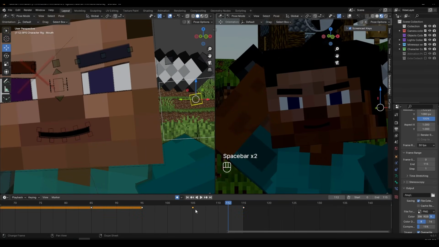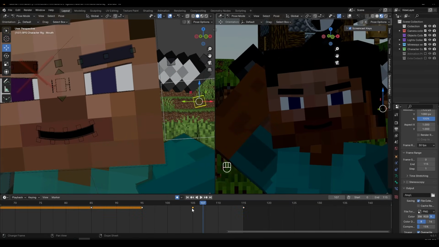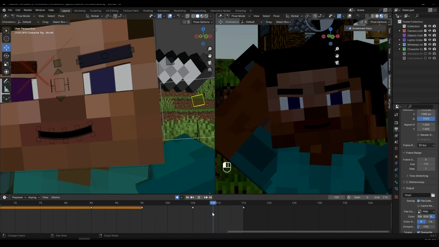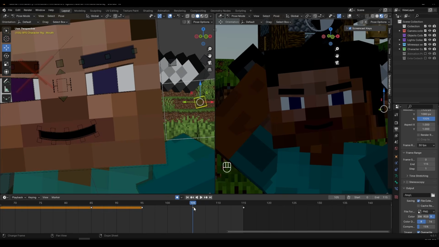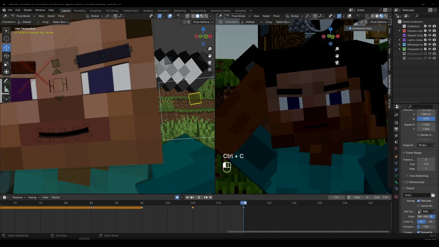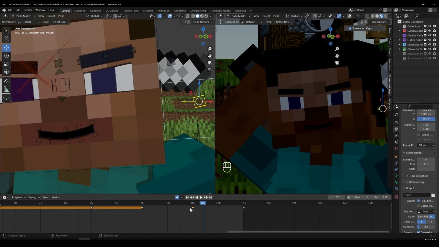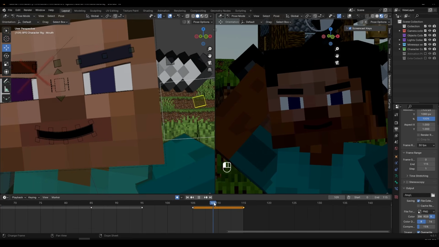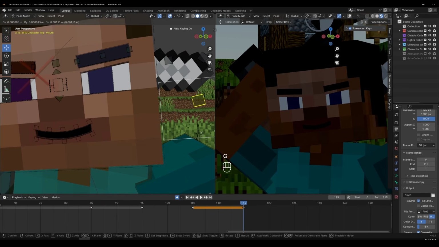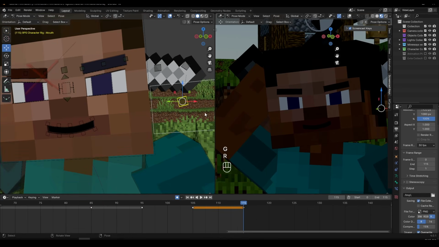But what I can do is basically, I can click on this keyframe, and if I want to have the same keyframe here, so if I want to copy paste my keyframes, there are two ways. One is I can go here, left click to select the keyframe, Control C, and then click on Control V. Now we have the same keyframes. And I can also left click select, and I can click on Shift D. So Shift D in Blender is basically copying. You can copy the keyframes, you can copy the objects, and so on. So I just copy this keyframe, and I want to change it slightly in the last frame. I want to make him smile even more, like